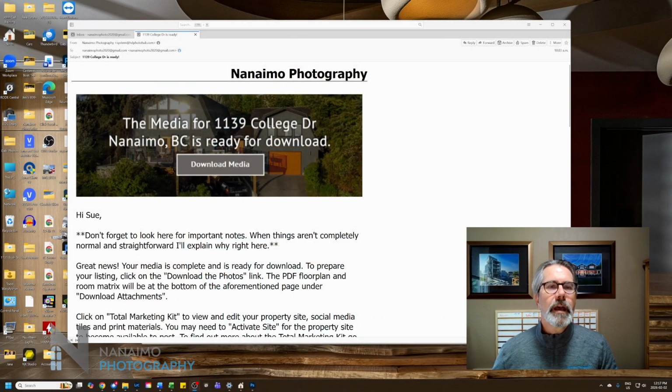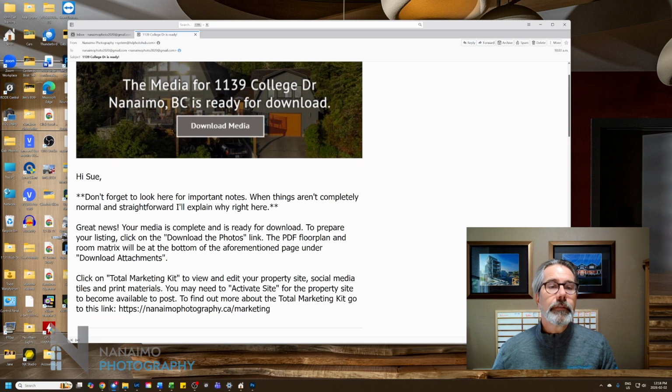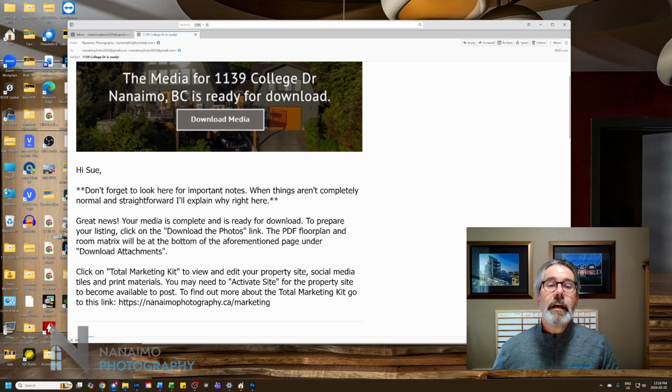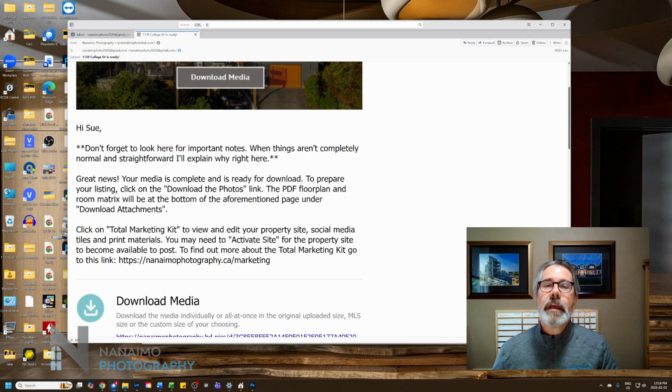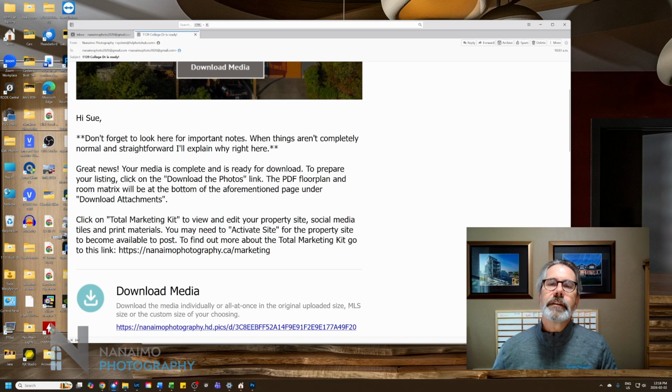All right, here we have your email from Nanaimo Photography saying that the media is ready. The first thing you can do is click on this button right here that says Download Media. Easy peasy. Now, I'm going to come back to that a little bit later because just below that is a